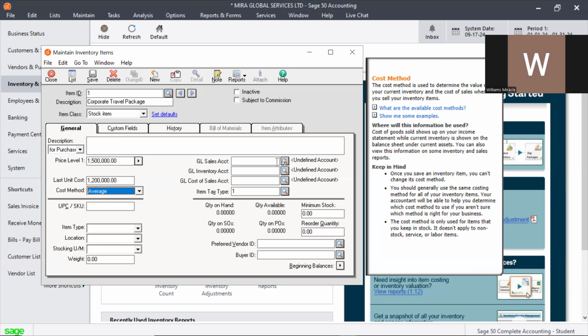Okay, so come over to this other section. You will see where we have sales accounts. I hope you can see it. Sales accounts. GL sales accounts. Have you seen that? GL sales accounts. All right. So for the GL sales accounts, that's where you're going to